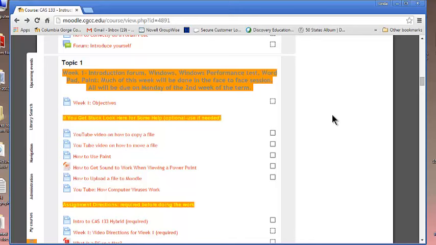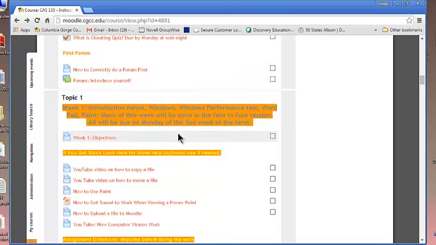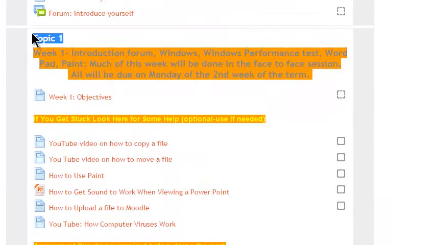So when you log in and you come to Moodle, you're going to scroll past everything that we looked at in the introduction, making sure that's all done, obviously, and then continue on into the actual work for week 1. It may be called topic 1, it may have dates there, it just really depends on how Moodle is set up. It'll give you a kind of intro what we're doing. Your weekly objectives are going to be right here.